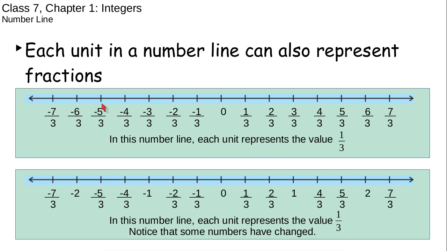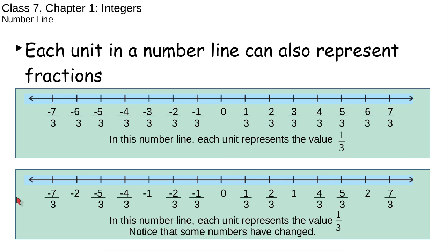Similarly, if we travel in the opposite direction, that means the negative side of the number line, you can see that the values are minus 1 by 3, minus 2 by 3, minus 3 by 3, and so on. So as you go in this direction, each unit is decreasing by the value of 1 by 3. So 7 by 3, and you go to 6 by 3. 6 by 3 is 1 by 3 times less than 7 by 3, and so on and so forth.